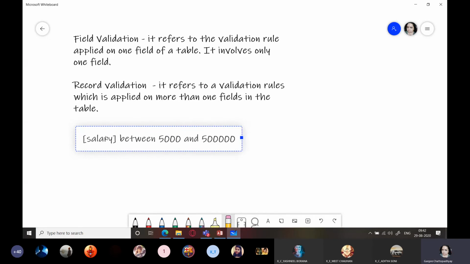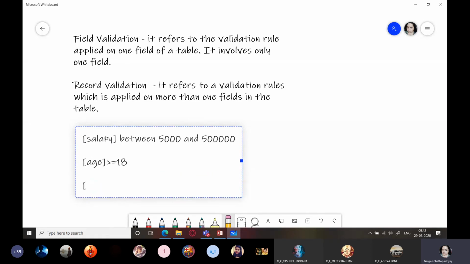When I say this, this is a validation rule which is applied only on the field salary. I say age should be minimum 18 years. So this is an example of field validation. Why? Because only one field is applied over here.